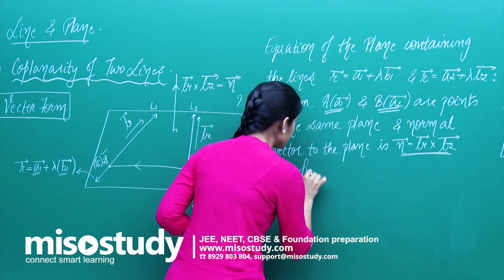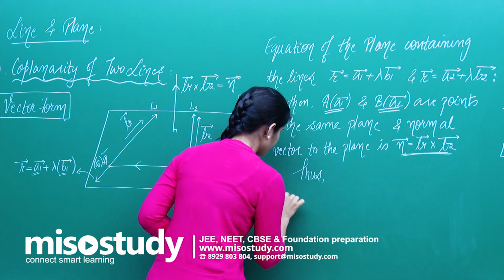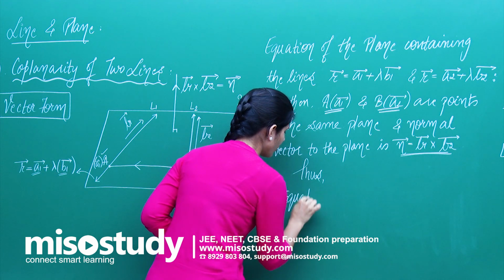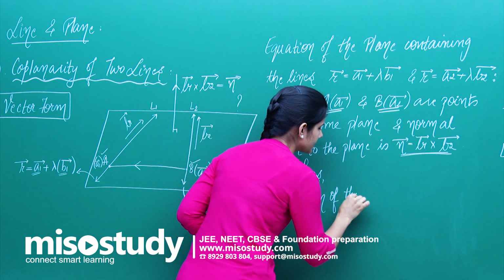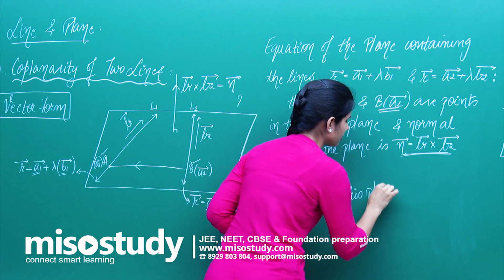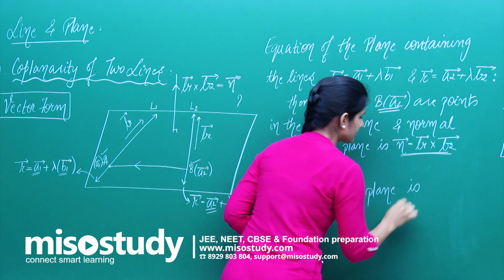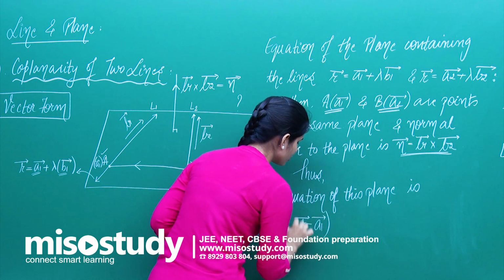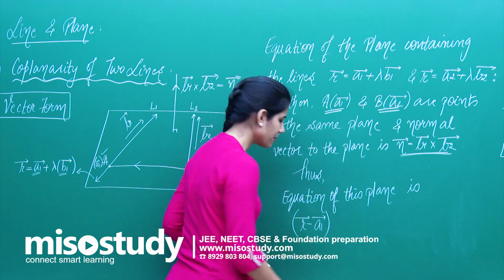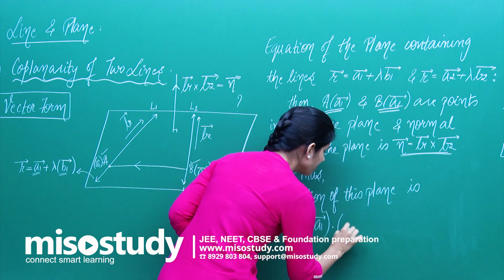So thus, the equation of this plane is r minus a1 vector, position vector of a point through which the plane is passing, dot normal vector